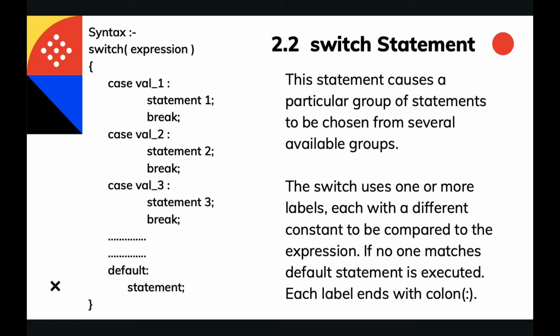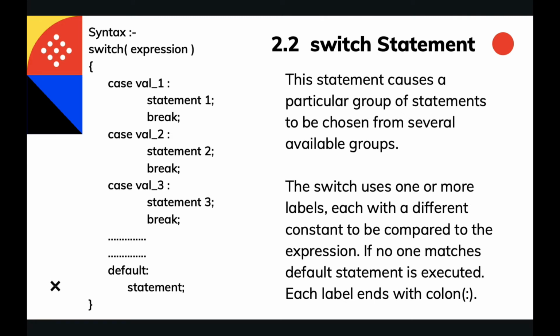Suppose you are playing a game and the game asks: option 1 is to start a new game, option 2 is to continue the game, option 3 is to maybe change the level or change the outfit of the player, and something like that. Each of the three options has different functionality and performs different tasks, and the functionality of giving options and choosing one is given by the switch statement itself.